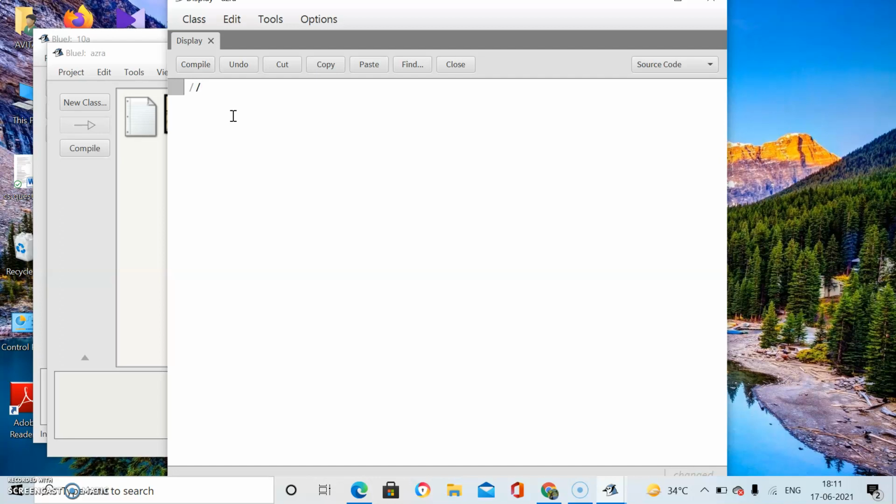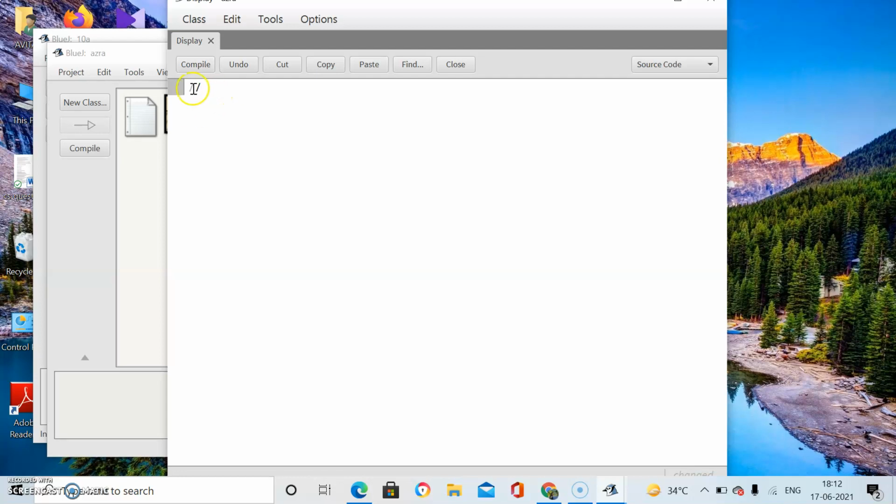The compiler knows very well that if something is written with this symbol, the compiler is not going to compile that line. That is for documentation purposes. And why do we do documentation? To make your program easy to understand. You can describe what your program is doing, why you have created this program, why you have written a single line. There are two types of comments, single line and multiple line.